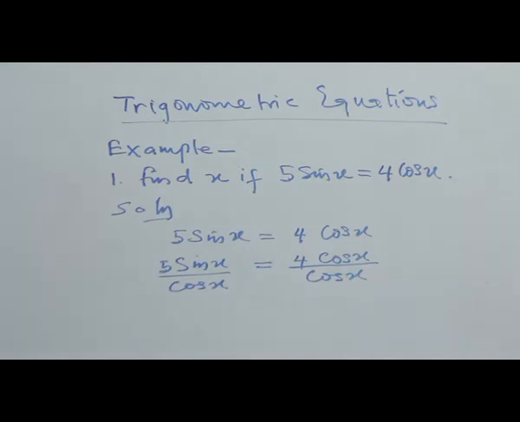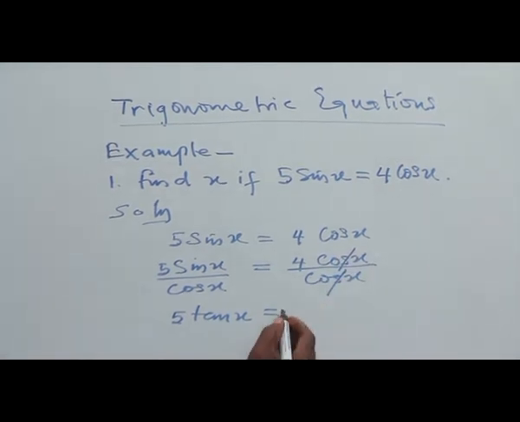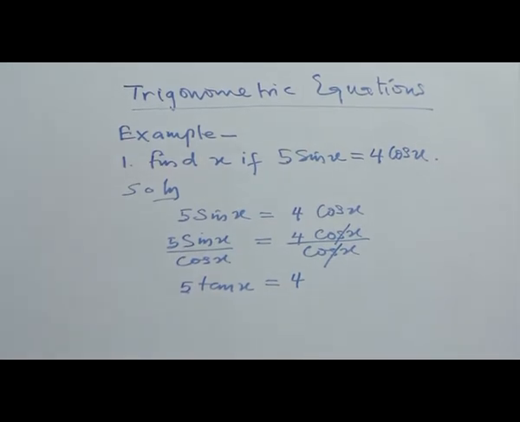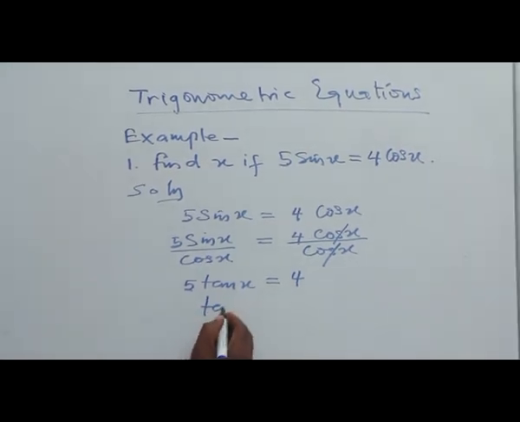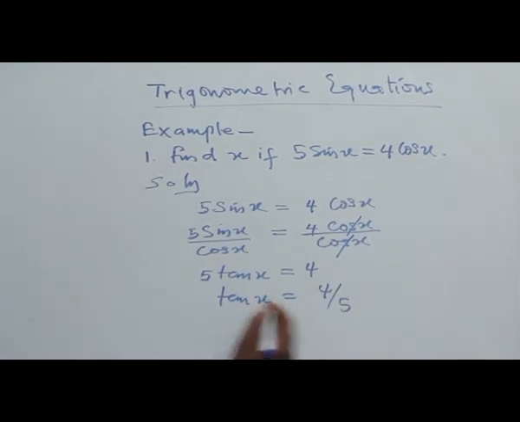The reason is that sin s over cos s will give you tan. So we have 5 tan s, and cos s will cancel cos s, and that will remain 4 there on the right hand side. So we now have our tan s is equal to 4 all over 5 by dividing both sides by 5,